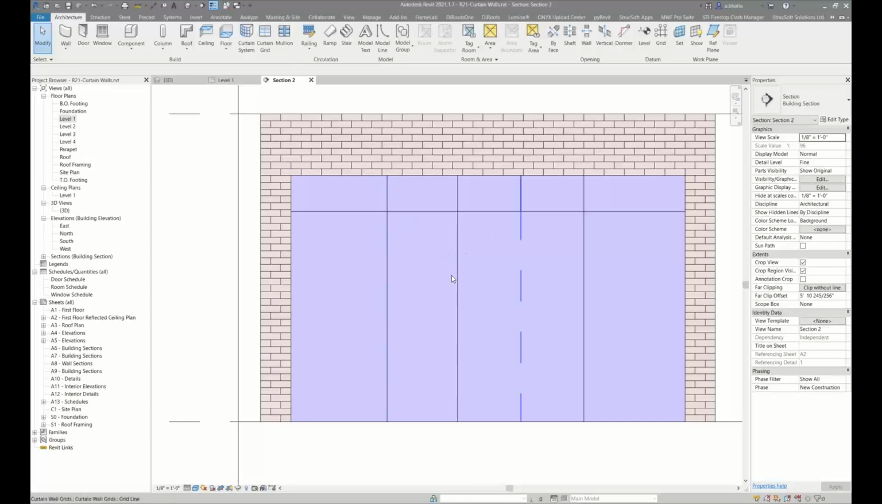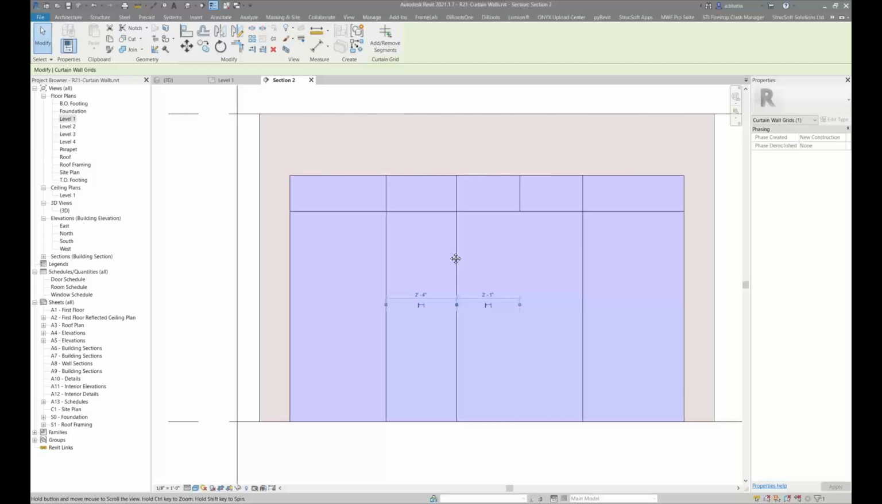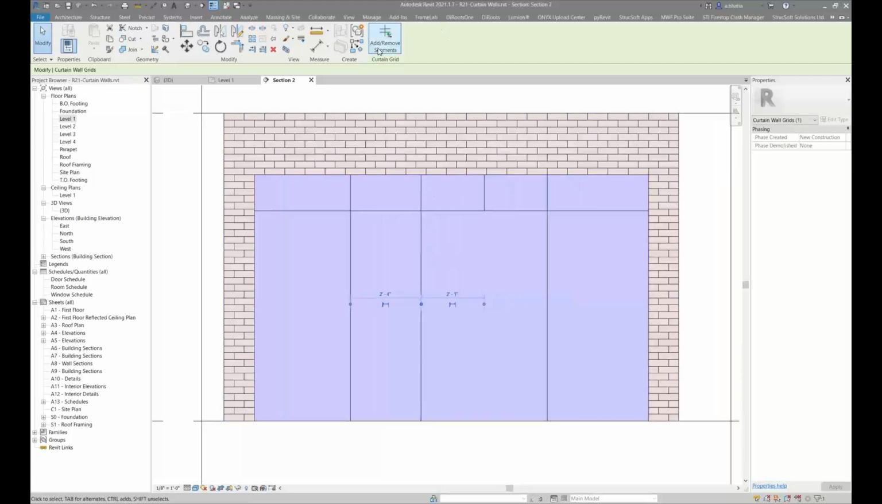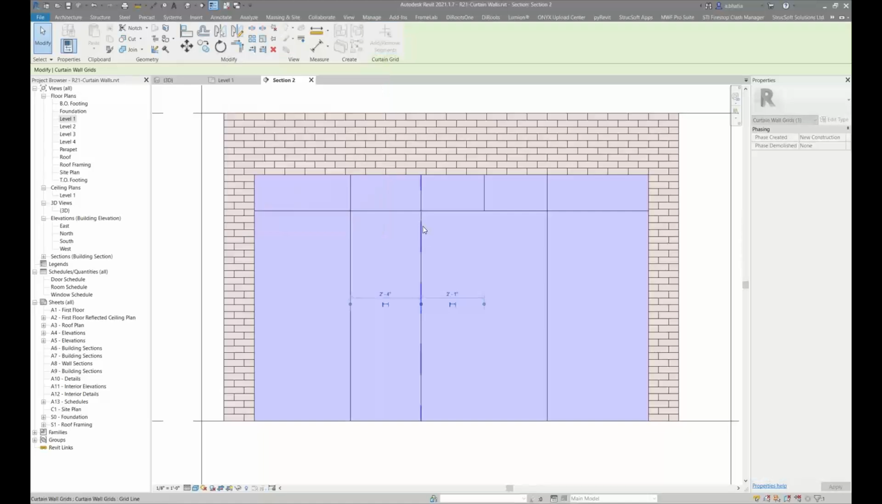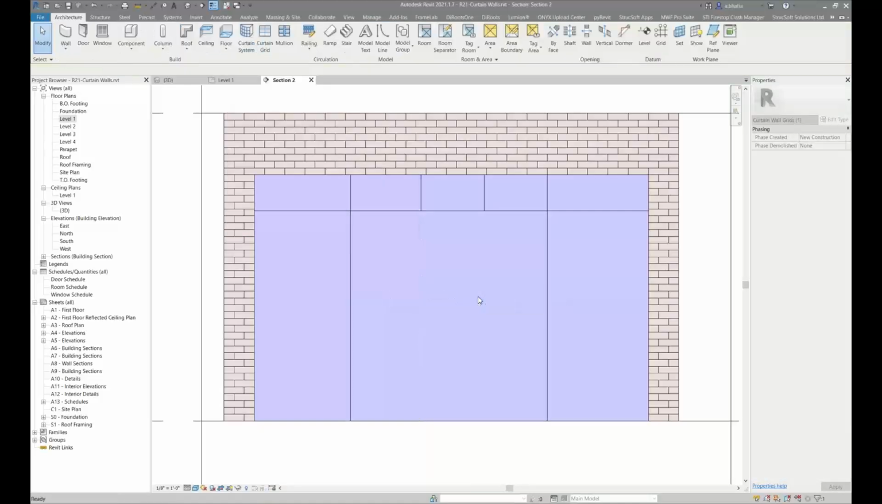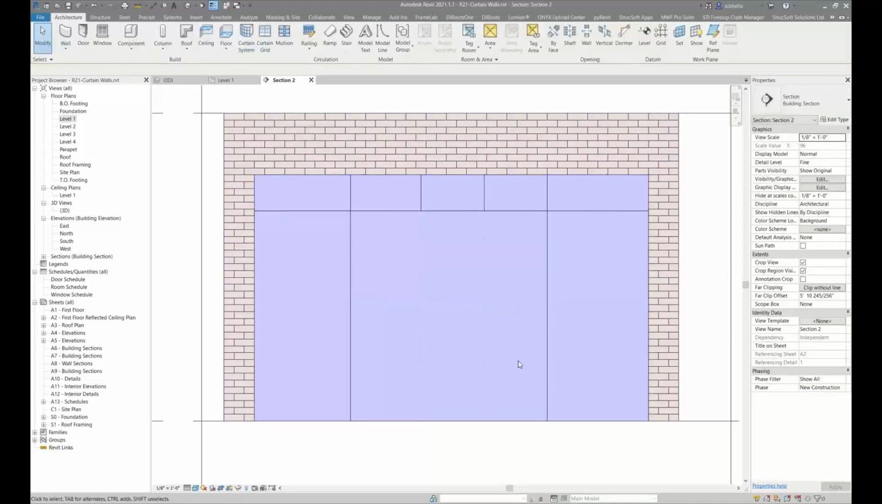Now, what if I want a double door in here, but I don't really need 2 separate panels to create a double door? So what I'm going to do is select the grid over here, and when you click on the grid, it allows you to add or remove segments. I'm just going to remove the segment at the bottom,